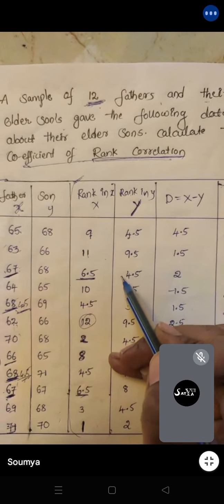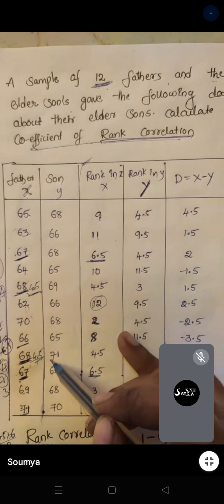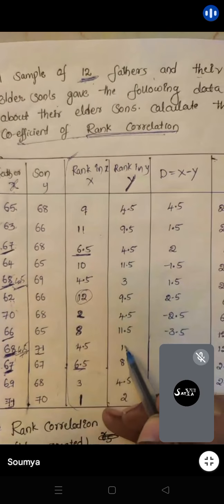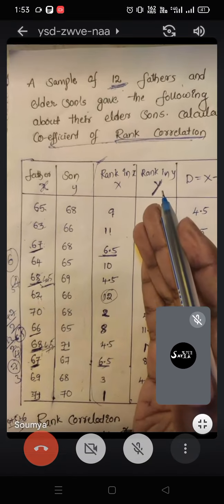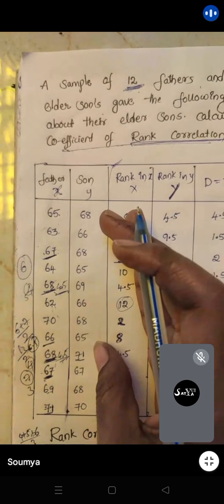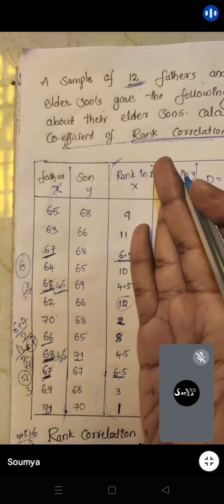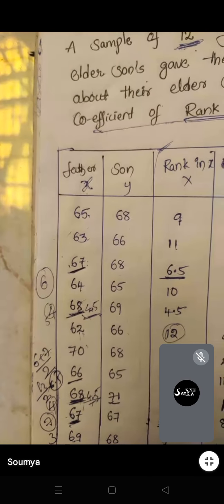How will you give rank? Same. What is the highest term here? 71. So I'm giving here 1. Next. After 71, we have 70, right? Yes, ma'am. 2. After this,